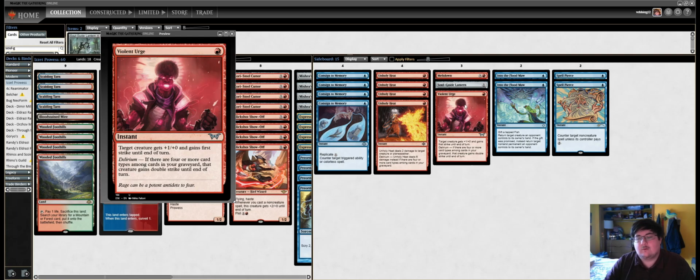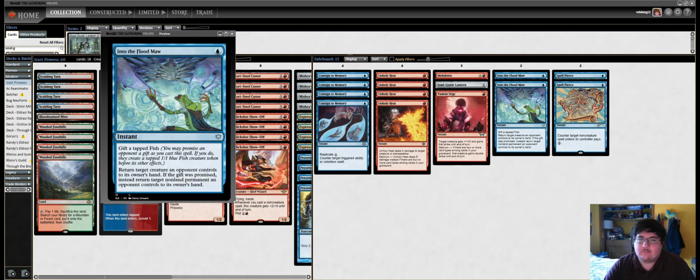Or not interact, but go over top of them a little bit easier. And then we had 2 Into the Flood Maw. This is my thing I wanted to play. My friend Dakota had also played it. But I was in there kind of to help deal with problematic permanents. The biggest problematic permanent that I run into with this deck is, because I played this deck a little bit